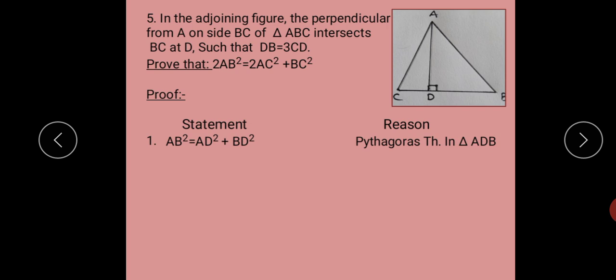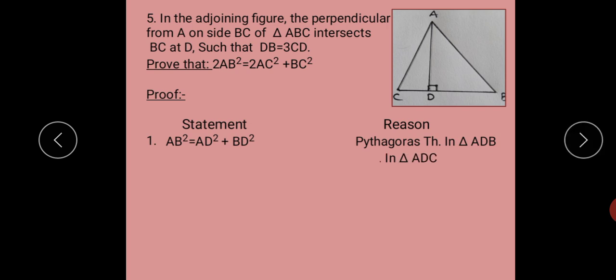Now if you look at statement 1 and what is asked to prove carefully, the AD which is there in statement 1 we don't want. We want AC. So if we consider right angle triangle ADC, we can write in place of height